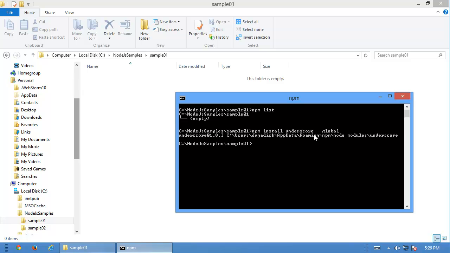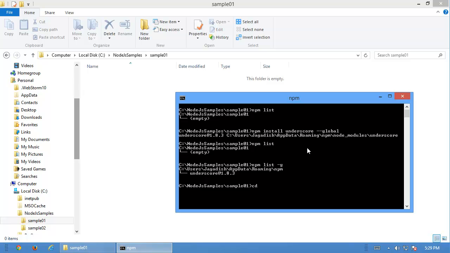In this case, it is actually installing to npm in some app data or whatever. However, it is not going to be made available as part of your application. It is available globally, which means all of the applications on your machine can make use of it. Now let me say npm list. It doesn't have anything. Why? Because list only lists from your local folder. But let me say -g, which means it is going to give you the list of libraries available